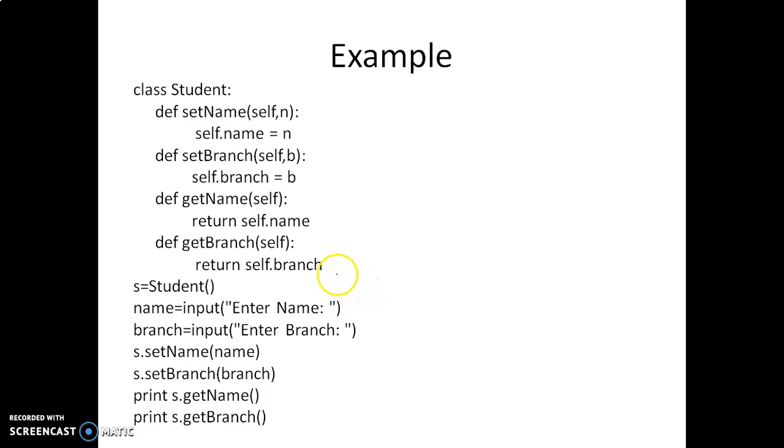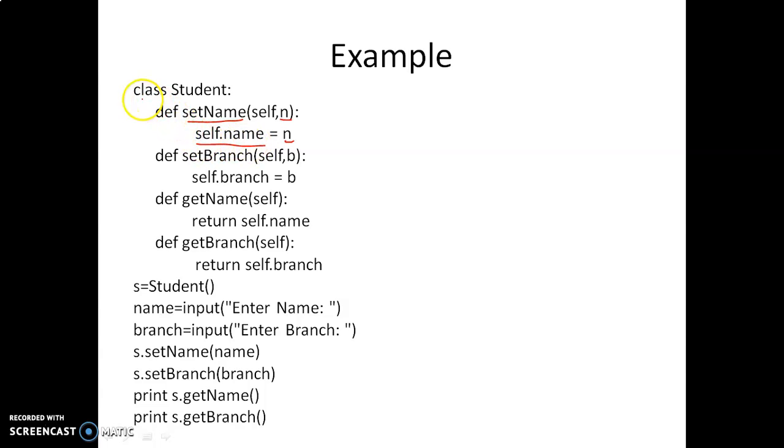Next, the example for setter and getter, set methods and get methods, that is accessor and mutator methods. Here I assume that there are two public variables, name and branch. We are writing a set method for the name, set name. We are passing a parameter n and assigning the n value to self.name.